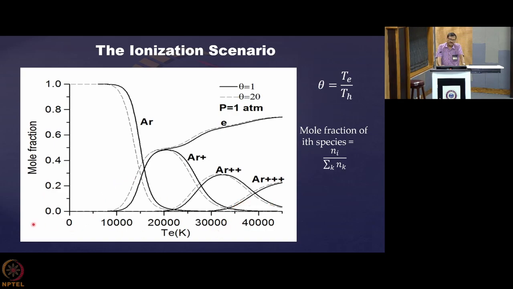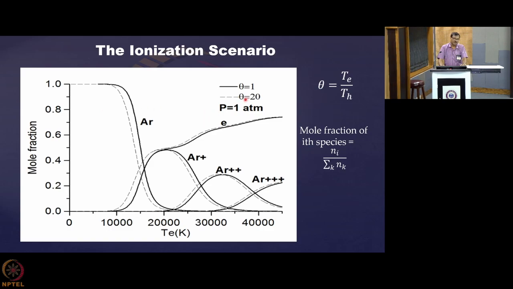is progressing with temperature, and there is another parameter which is shown by the dotted line. This is basically the non equilibrium parameter theta. This is the ratio of T by Th. So with that, how the mole fraction can vary, that has been shown here, because this is a monoatomic gas, this argon. So the effect is quite low, but if you are getting a diatomic gas, you will see that this non-equilibrium affects the composition very, very significantly, and when the composition is affected, everything like the thermodynamic properties and the transport properties, all of them are getting affected.